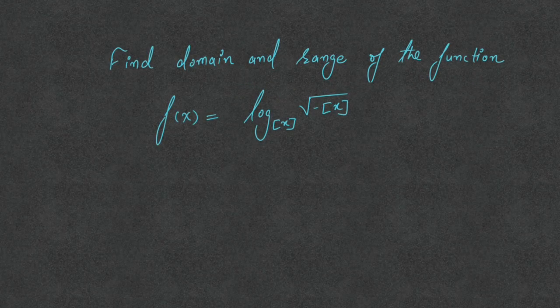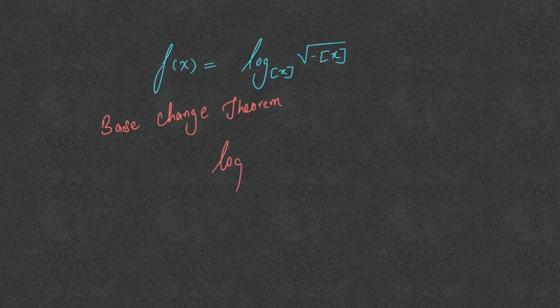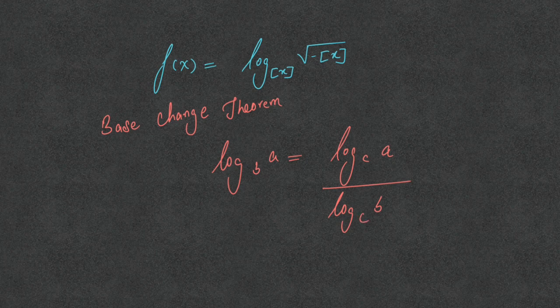of the function f of x is equal to log of under root of minus greatest integer of x with base greatest integer of x. According to base change theorem, log of a with base b is equal to log of a with base c whole divided by log of b with base c. Applying this property in this function here,